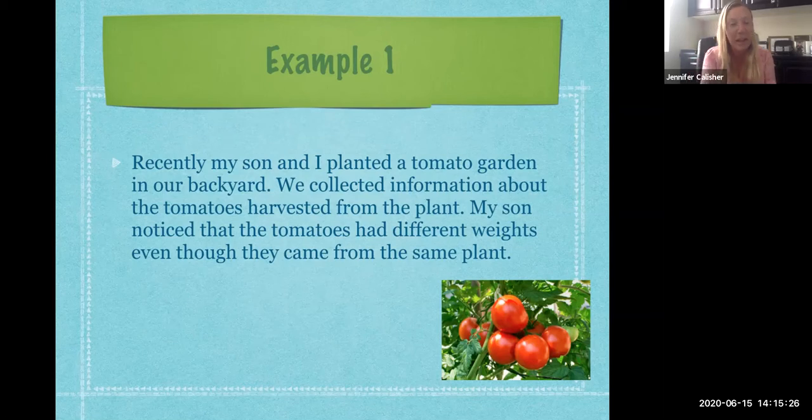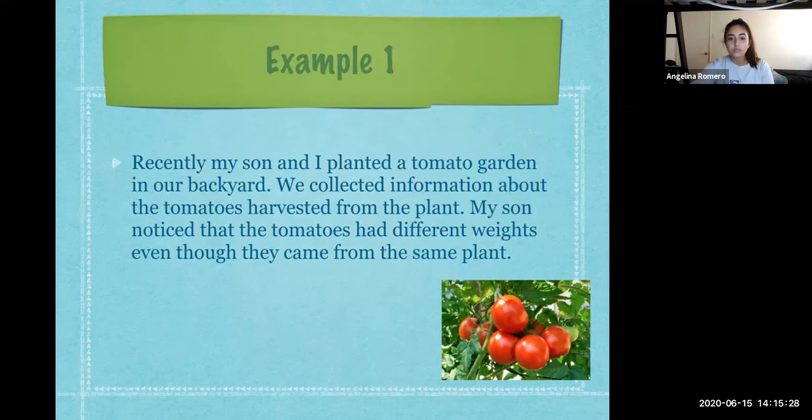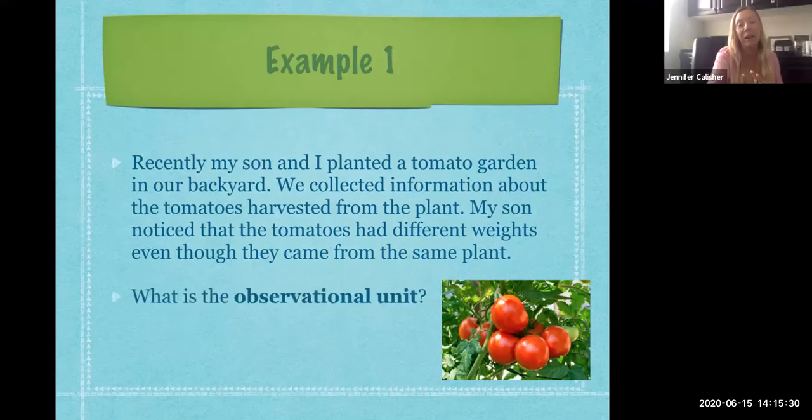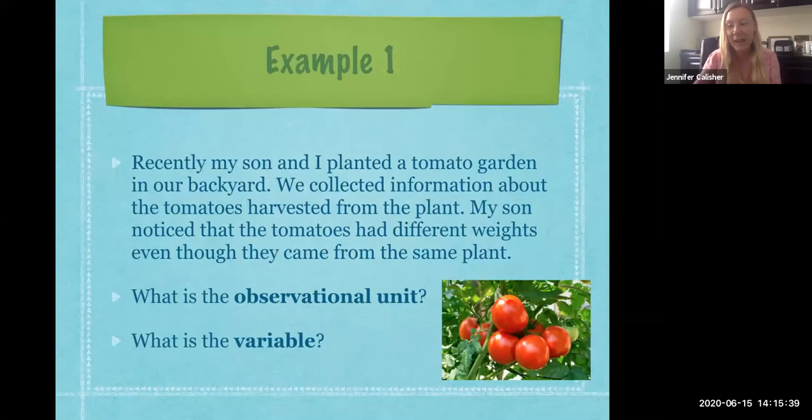Awesome, thank you. Okay, so you need to read through that, and while you read through it, I want you to think about what the observational unit is in that little blurb, and then what the variable is. I'll give you a minute, and yes, I do randomly call on you, but we're a small group, and by the way, it's totally okay if we get something wrong, because that's when we open up our discussion so we can explore the idea a little bit more. Okay, so I'm going to just start picking on you.